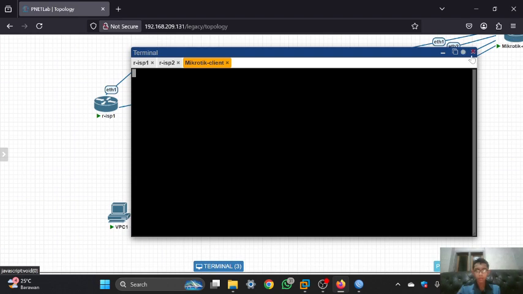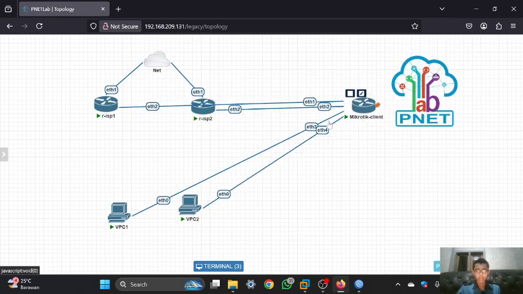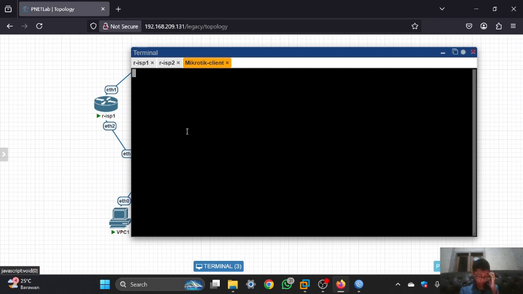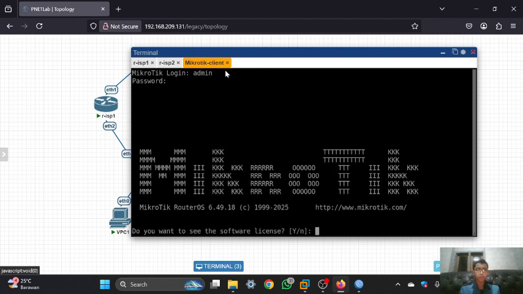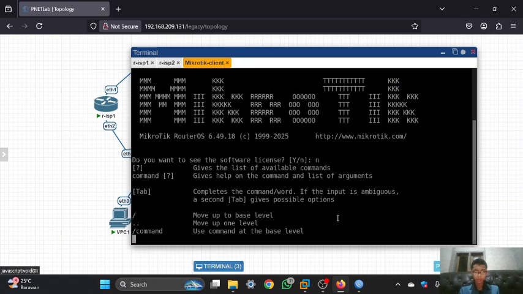While we wait, we can set the topology, and after it shows like this, you can log in to the MikroTik. The user is admin and the password is blank because it's the first time I'm using the MikroTik client. There may be a delay.